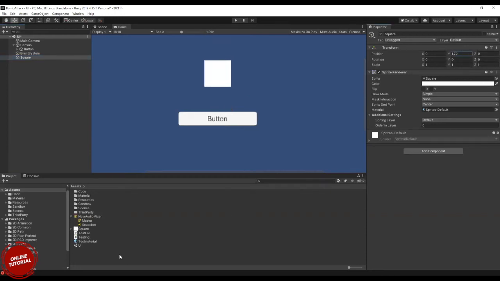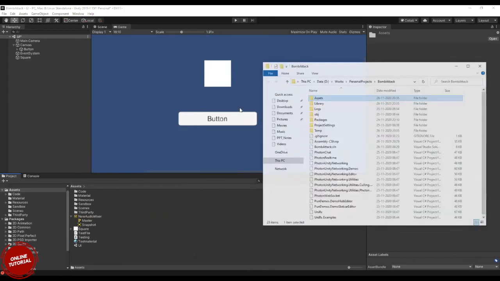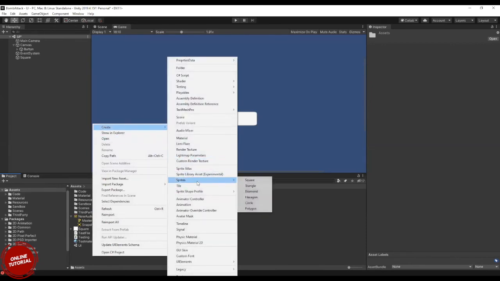By default, if you want to work with basic primitives of sprite, you have the options of square, triangle, diamond, hexagon, circle and polygon. You can create these basic defaults even to practice or to just do some tutorial stuff.